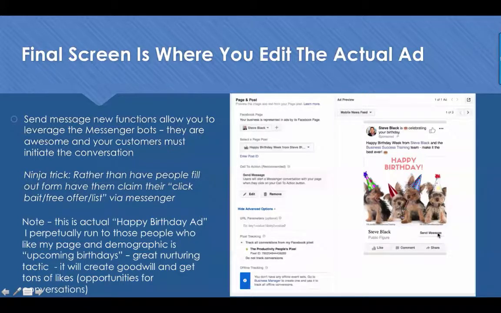People click there and then they send a message like, how'd you know it was my birthday? And I say, oh, a little bird told me. I say, how you doing with your social media? Not good. Maybe you should become a member of our program where you can have ongoing things. Yeah, I've been thinking about it. Great. We're running a special. Let's get you registered. And I'm on my way to making a sale. In reality, I don't even try to make sales. I just have conversations and people invite me to events and then I make the sales from there. But it's the same in your business.